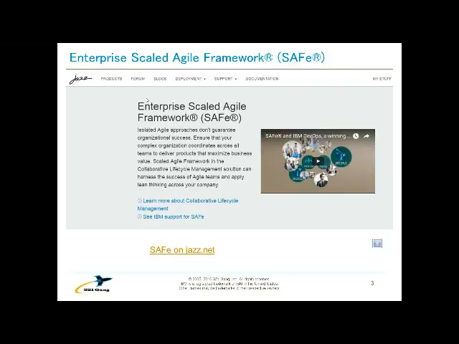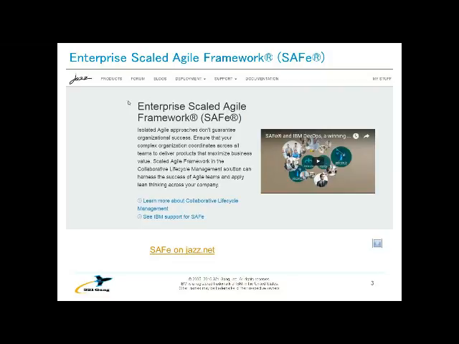I'm going to do a presentation today on IBM's implementation of SAFE, specifically in this collaborative lifecycle management solution. I'll go through a high-level overview of what SAFE is, show you how it's implemented within the CLM solution, and run through a bunch of the reports and dashboards. At the end, I'm going to switch gears and show you a demo of some of those reports and dashboards, and show you how you would pick out the reports from the JAS reporting service library and pull them into your dashboard to create a set of metrics dashboards that highlight the